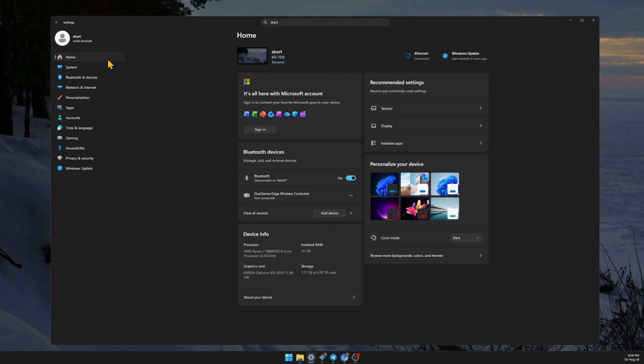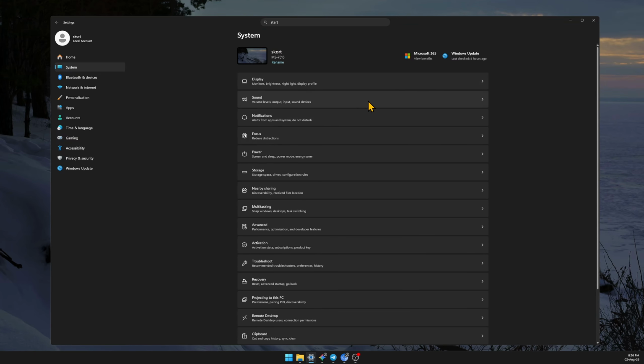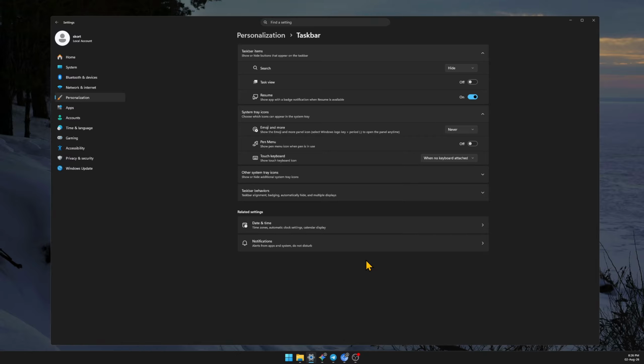So what I recommend, go to Home, click on Device Info right here, and make sure that you are at least on this build, okay? Otherwise it won't work. You won't be able to even locate that settings. So when you do have that update, you just go ahead and right click on the taskbar, go to taskbar settings,